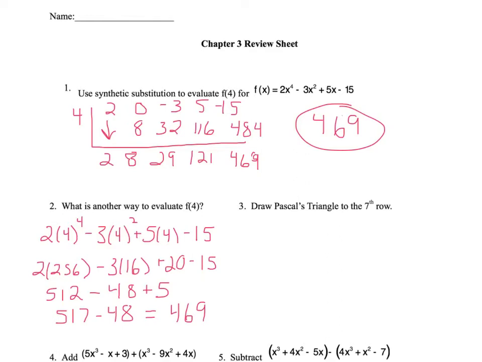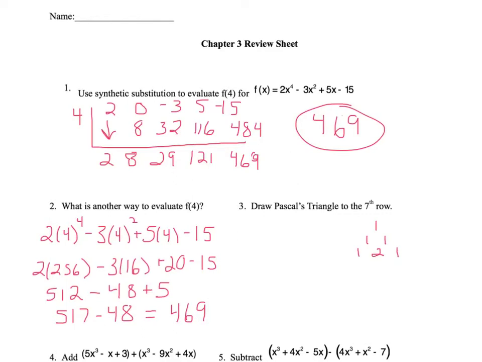Number 3 is draw Pascal's triangle to the 7th row. So Pascal's triangle starts with a 1 on the very top, but this is considered row 0. So now to get the rest of our rows, we do another 1 and another 1. And then we always start our row with a 1, and then we add the 2 numbers above. So in this case, it'll be a 2. So I'm going to write a 2 down below it, but in the middle,